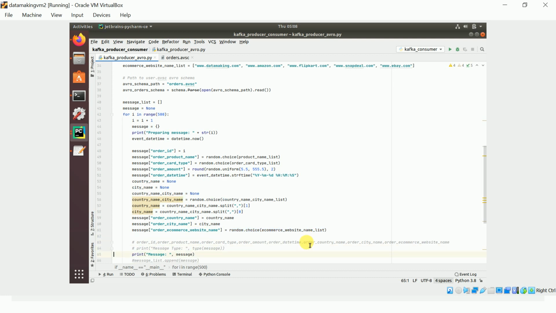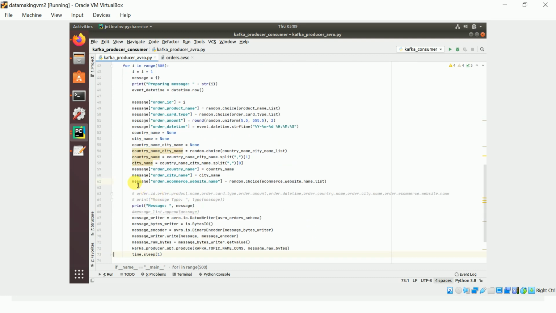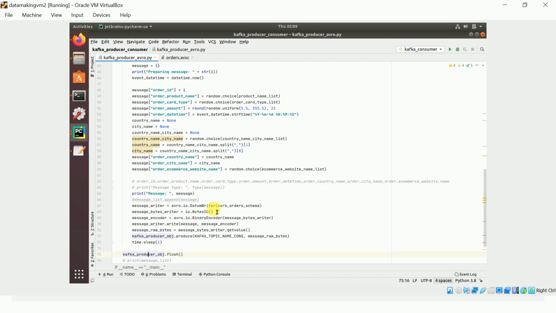Once the message is ready as a dictionary object, what we are going to do is serialize that into a byte array, which is Avro compatible. So you use the avro.io datum writer, and create a writer object using the Avro schema, and then use the byte writer.